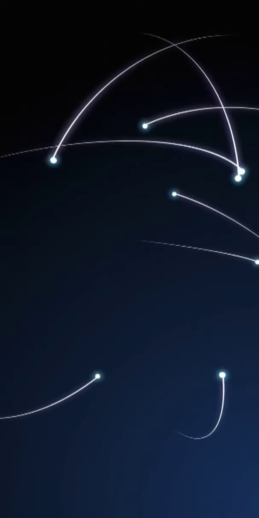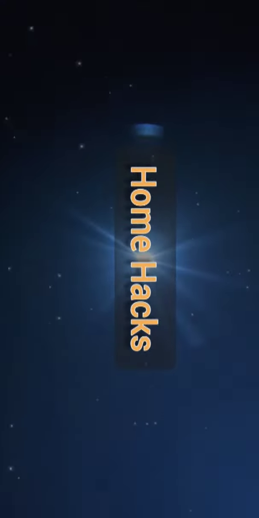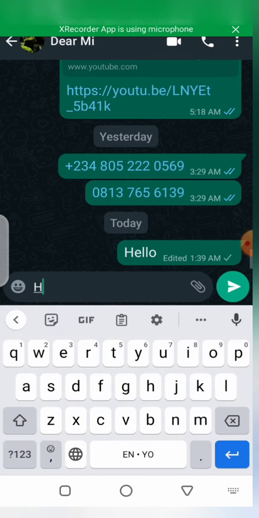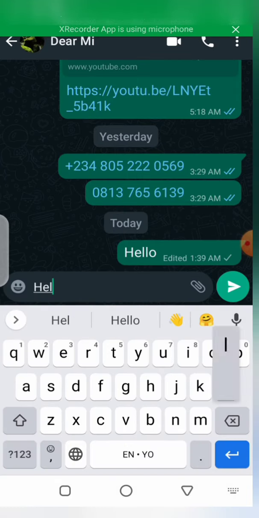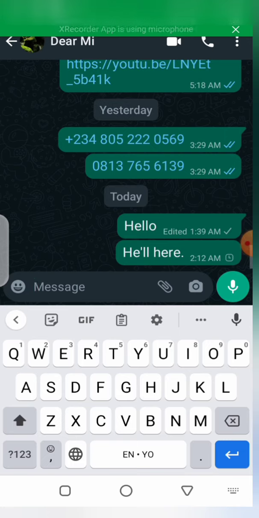Open WhatsApp and then you can type a message, like for instance, here's a message. Now this message is typed wrongly, so we want to actually type it correctly. What you do is that you long press on the wrong message,